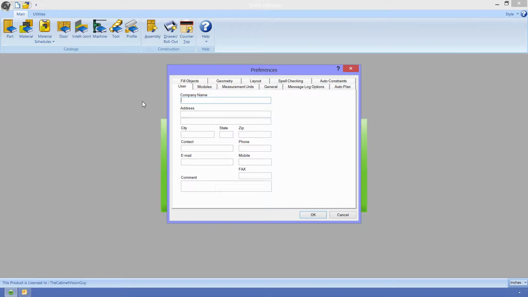Anyways, when we open these system preferences, we get the User tab first. This is information that we can use in the job for auto text to be filled out in areas like CAD and the bid reports that we create. The various fields should be filled out with the proper information. The company name should be your company name. The first two lines of the address should be any of your address information, as well as your city, state